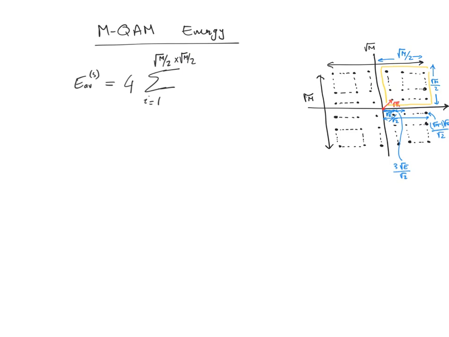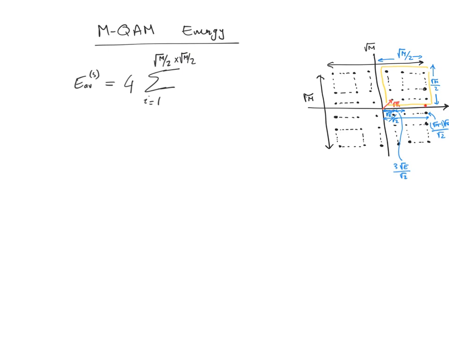For this point, we will have the square here plus the square here. For this point, we'll have the square here plus the square here. For this point, we'll have the square here plus the square here. This point, we'll have the square here plus the square here. And don't forget that we've already